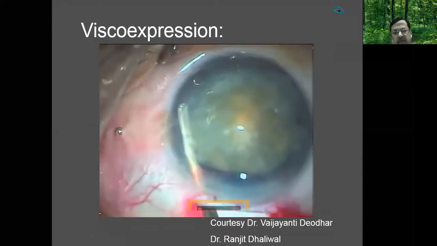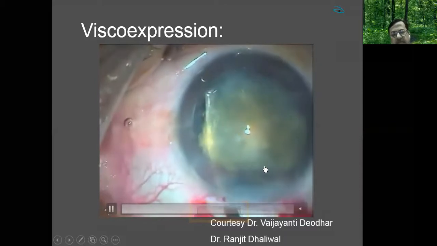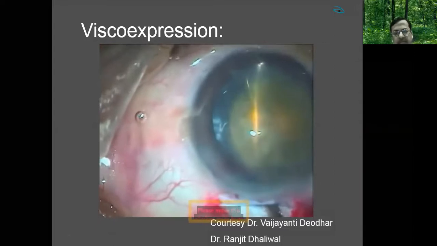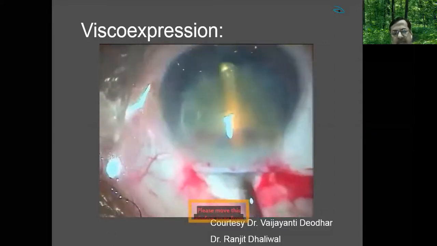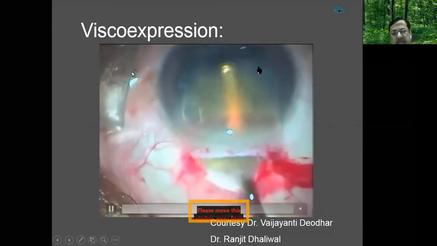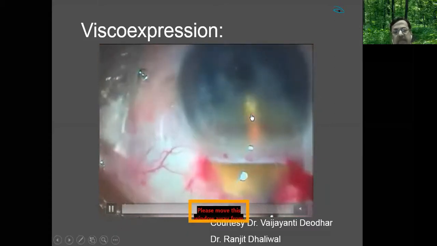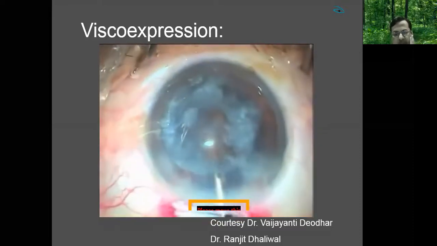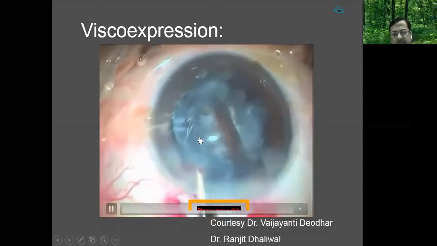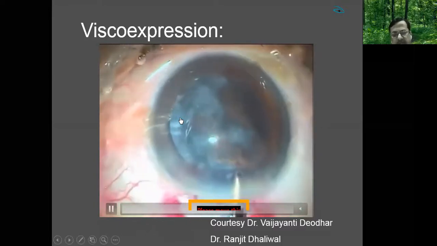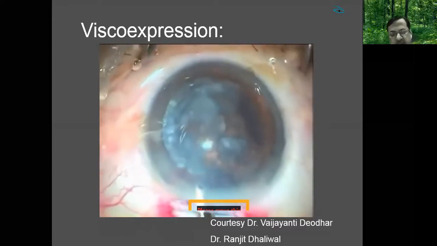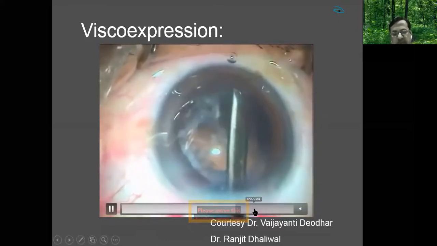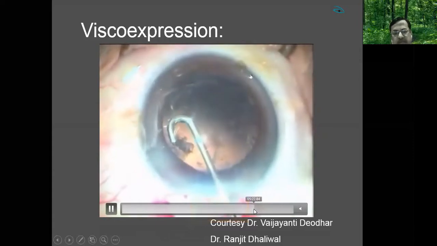So this is a cannula which is injecting methyl cellulose. The whole chamber is filled with methyl cellulose. So once the chamber is filled with the methyl cellulose, you have to depress the posterior lip of the scleral tunnel and keep injecting the methyl cellulose. So the methyl cellulose starts pushing the nucleus out and you can take out the nucleus. If it cannot come out totally, you can fragment the nucleus in the scleral tunnel. So this is a very popular and very safe technique because visco is not like a fluid. It pushes the posterior capsule backwards also. So this is one of the popular techniques of visco expression of the nucleus.